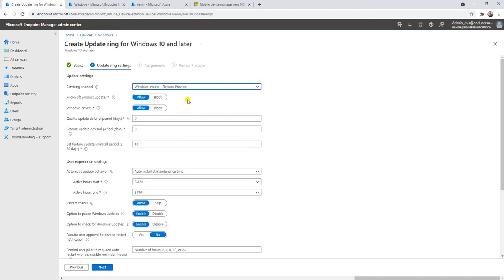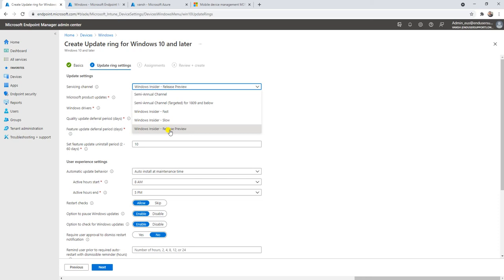Anyway, you can go with Windows Insider Fast, then Slow, and then next. In my coming video, I will explain where you are going to use Windows Insider Slow, Fast, and the Release Preview. There is some logic like when we are doing the testing, pilot, and then the production.